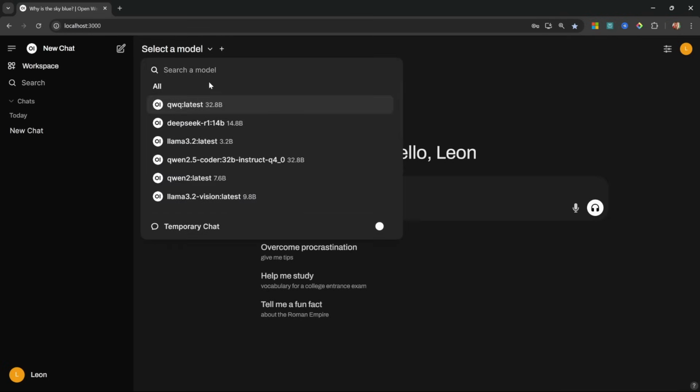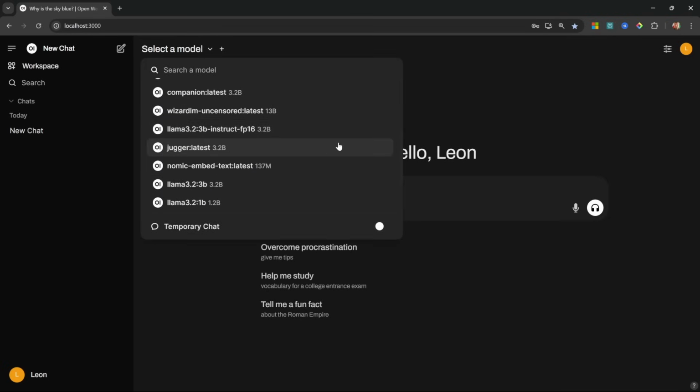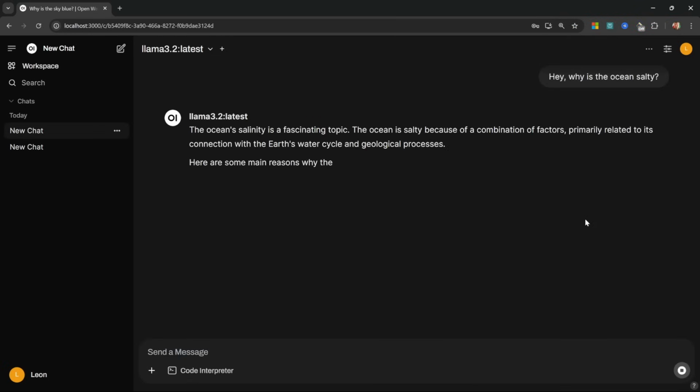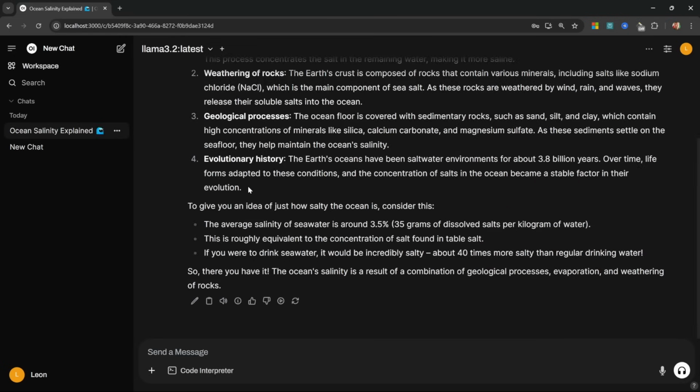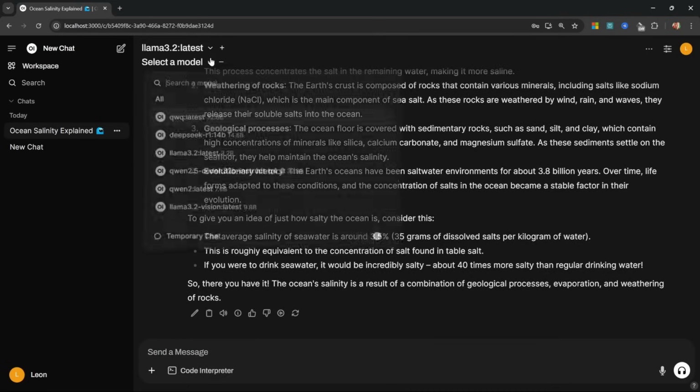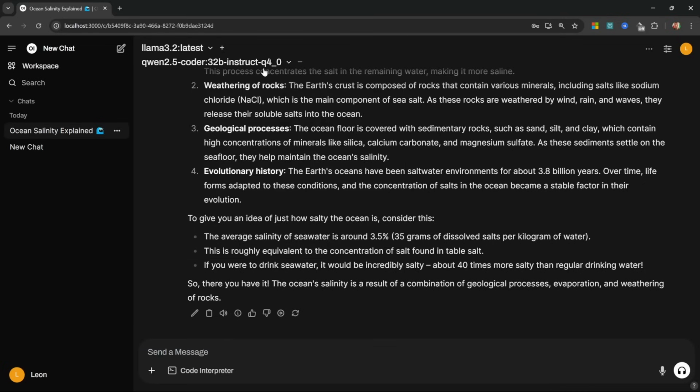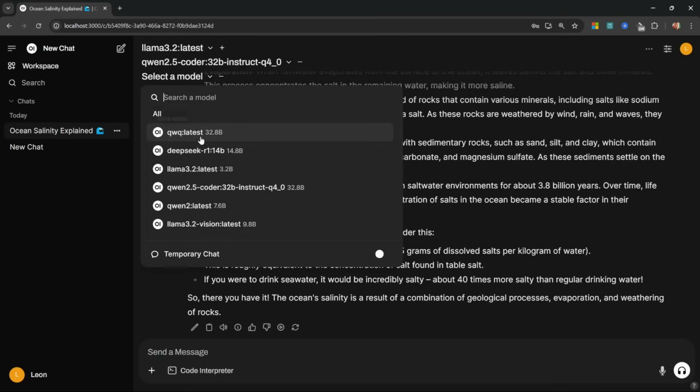We can select any of the models that we downloaded using Ollama and then start a conversation similar to how ChatGPT works. And it's got all the bells and whistles that you would expect. For instance, we can see all the past conversations, we can also upload files, and even run code using the code interpreter. We can also add additional models to the same conversation, and this allows us to compare the responses